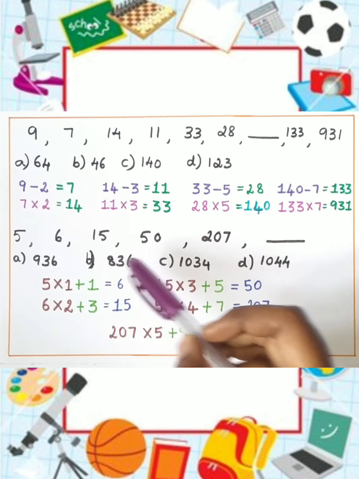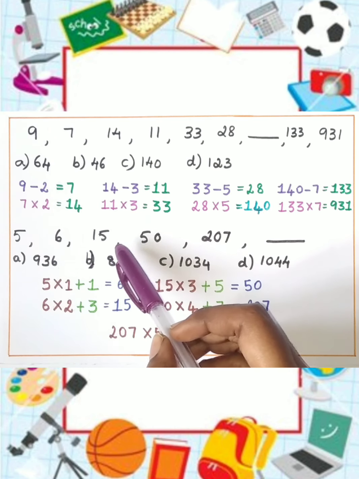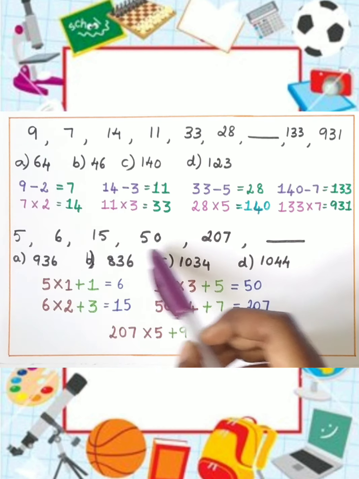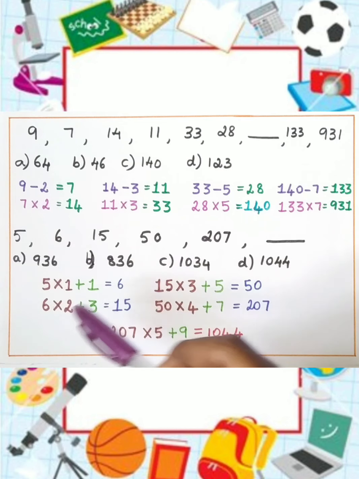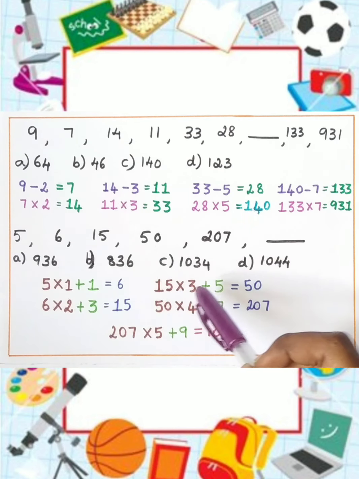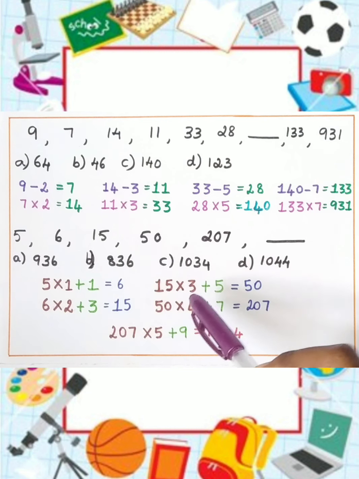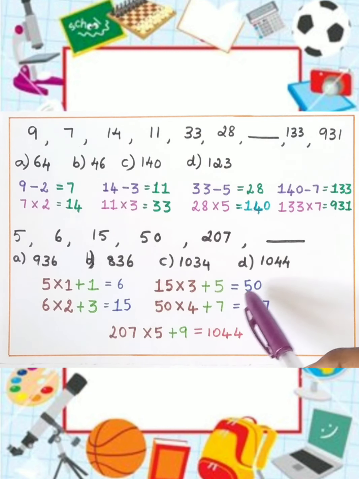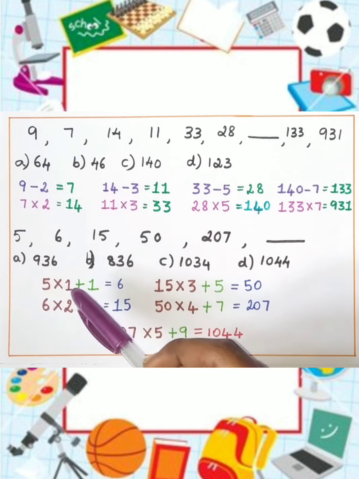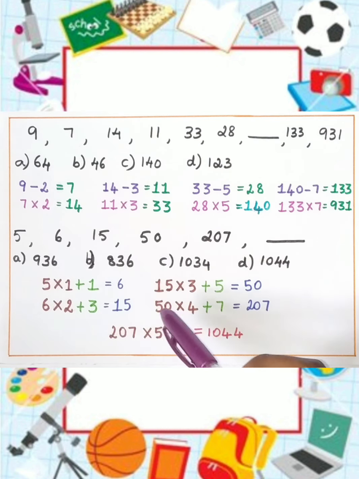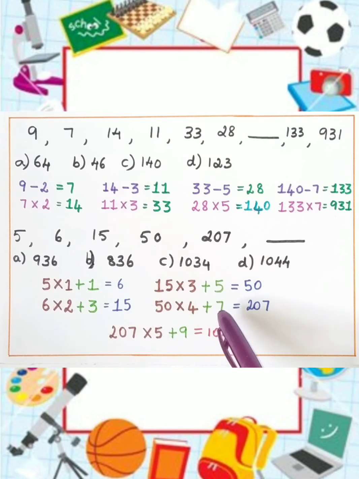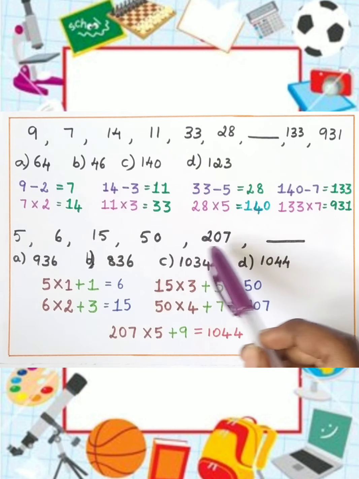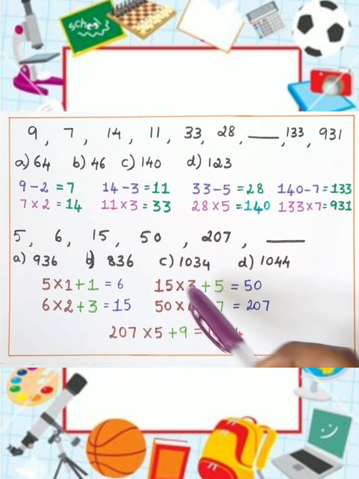So let's try with the next one too. 15 multiplied with 3 gives us 45 plus 5 will only give you 50. So comparing this, we see the number to be multiplied goes on like 1, 2, 3 etc. and the numbers to be added are odd numbers 1, 3, 5. So using that rule and finding the next number, 50 multiplied with 4 because the next number after 1, 2, 3 should be 4. So 50 multiplied with 4 is 200. Here 1, 3, 5, the next odd number is 7. So 200 plus 7 is equal to 207 and the next number in the series is also 207. So this is the logic.